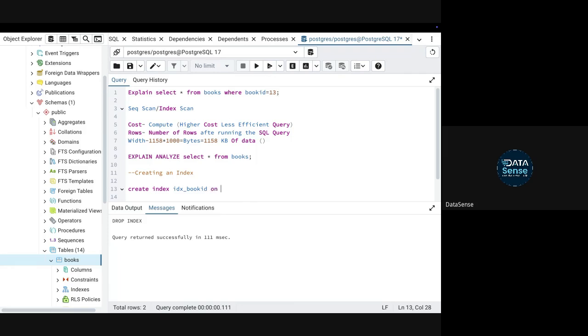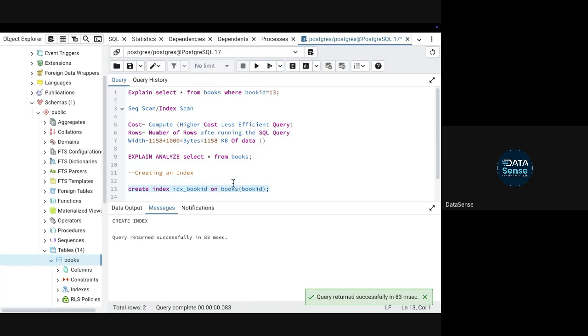Then I will write down the table name, that is books. And inside books, I want to create the index on which column? Now tell me, remember, an index has to be applied on things which you are putting a filter on. So here, the index will be applied on what? Book ID. So you'll say index applied on book ID. Okay. That's it.